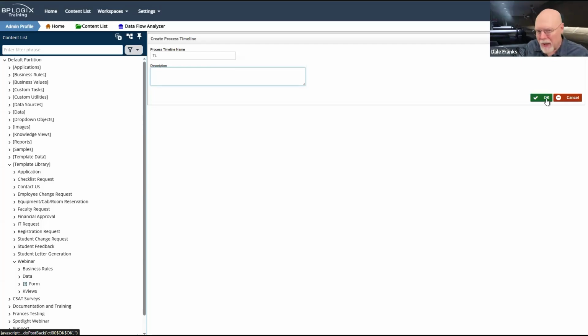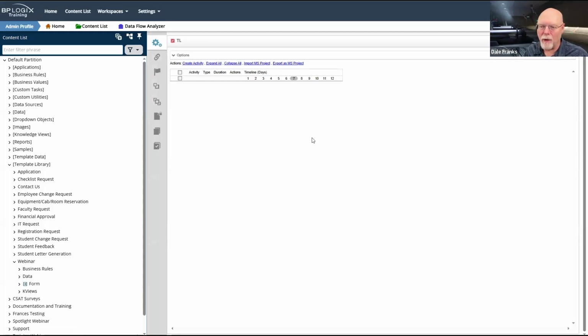In a template application, for your form and your process timeline, there's an excellent argument for not providing a description in the template itself. Because, to be honest, we don't actually know what the form and the timeline are for. So adding a description for them is probably not helpful, because when you create the application based on this template, you're going to have to change it anyway. So we are going to go ahead and leave it blank just as we did on the form.